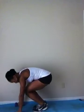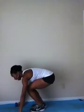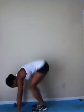Coming down, jumping those feet out, coming down into your push-up if you'd like. Bringing the feet back in. Now the difference here, you're not going to let go of those dumbbells. You're going to jump, holding on to the weight, adding some extra resistance to the entire movement. So coming down, jump the feet out, add your push-up if you'd like, come in and jump. And keep moving through this movement,